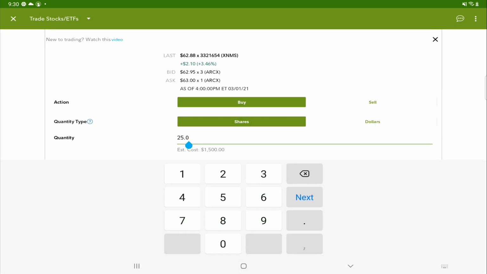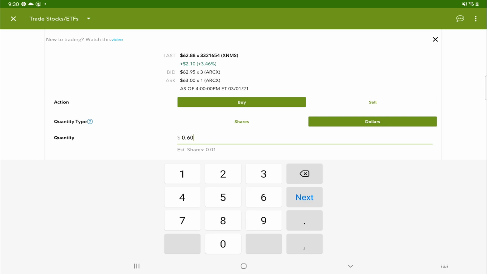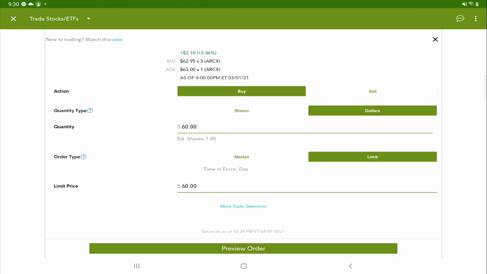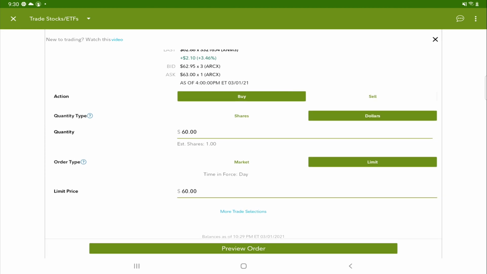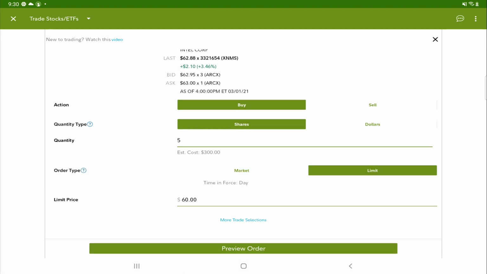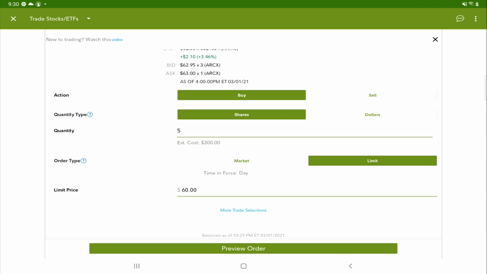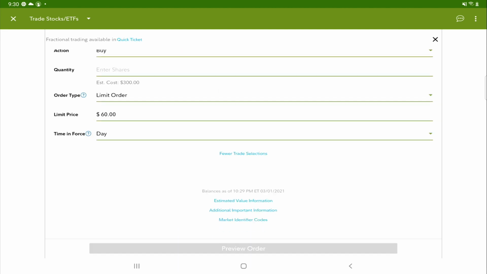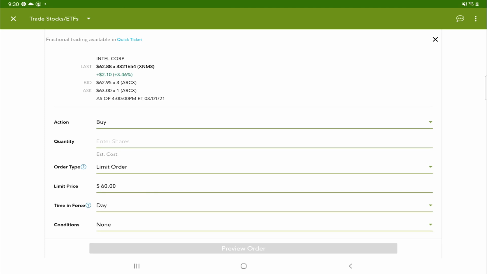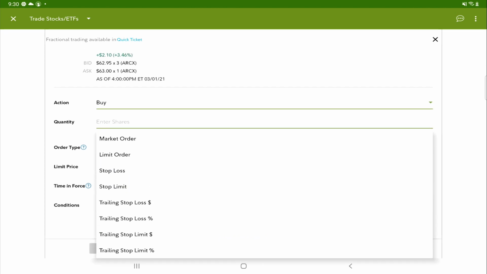You can do that. Limit price $60. You want to go to shares. You want to buy 5 shares, but you want to buy them at $60. That's how you do that. And then you see the limit price right here, $60, and you want to buy 5 shares of it. That's what that's going to look like. And that's how you do the limit buys and fractional shares,